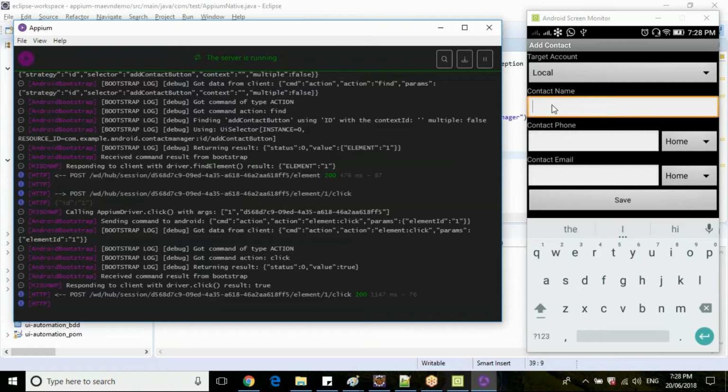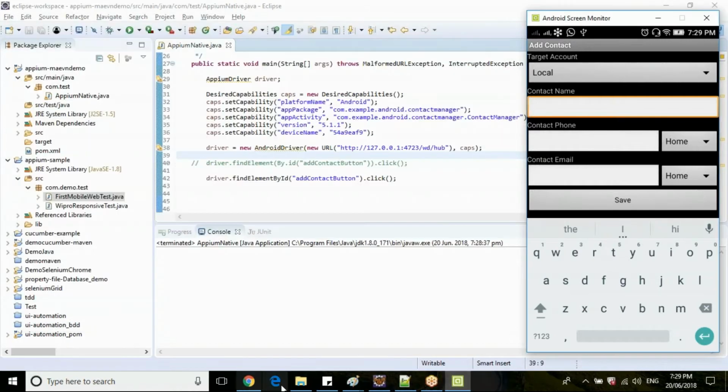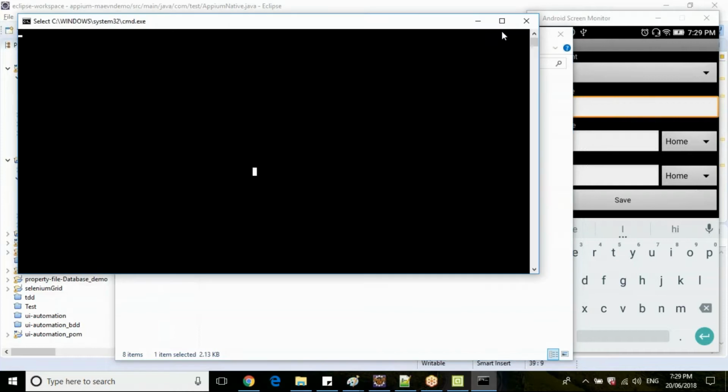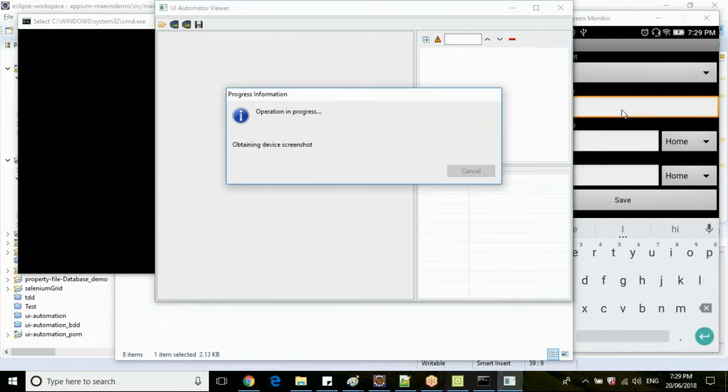Now we need to give a contact name, phone number, and contact email ID, and we can save this phone number. Let's inspect the elements for this. Before that, let me stop Appium and open UI Automator. Take a screenshot of this device.